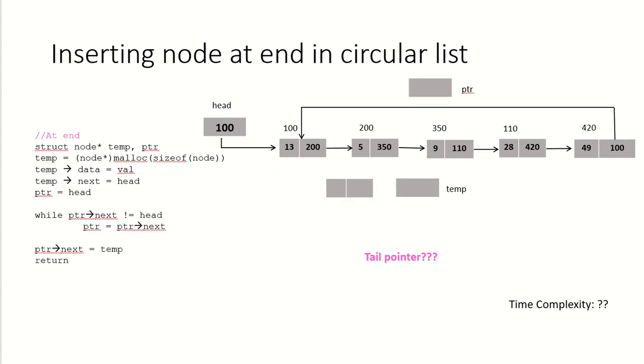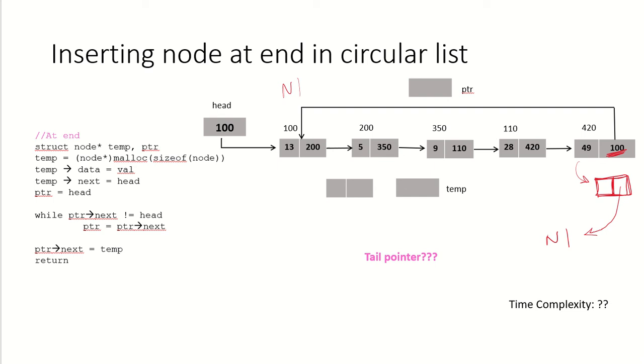Suppose we have to insert a node at the end in the circular list. Suppose a node has to be added over here. Now this node, which is currently last, should point to the new node. The address part of the new node should point to the first node over here. So these are the changes that will be required.